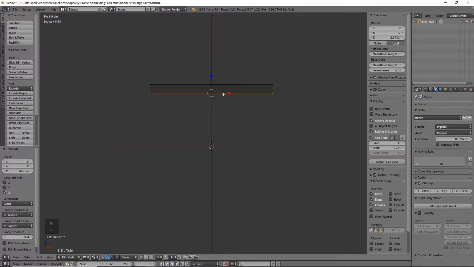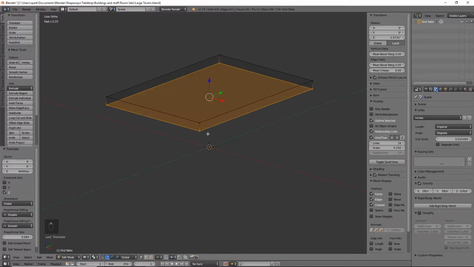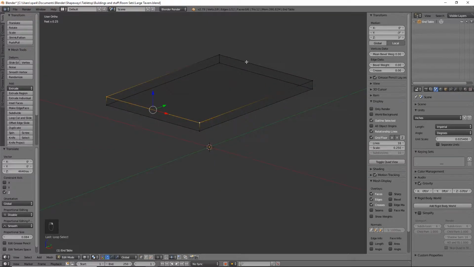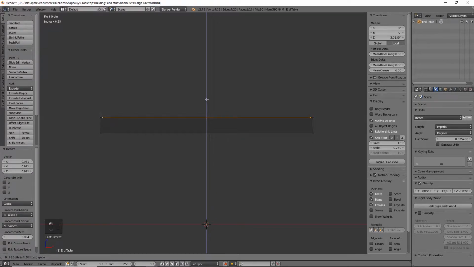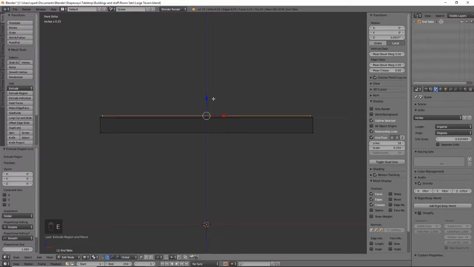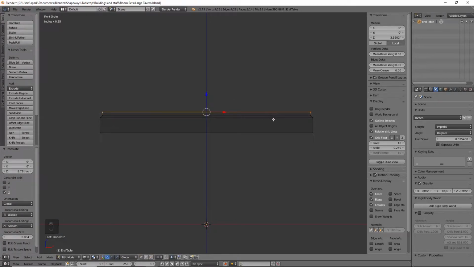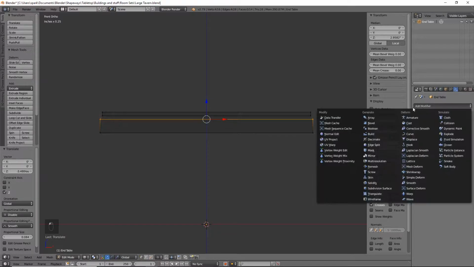Now looking at this, it's just a plain box, nothing crazy. So what I want to do is grab this top edge, go back into front view, and hit E to extrude and just hit escape so it stays right there. We're going to size that in just a little bit and also pull it up. And now I'm going to hit E to extrude and just pull it straight up again. And maybe pull this down a little bit. We're going to go ahead and add our subdivision surface